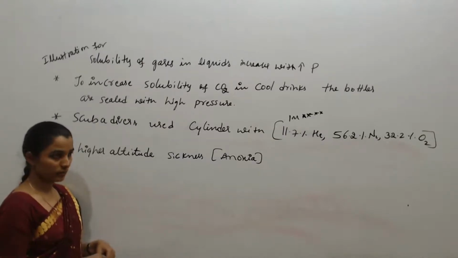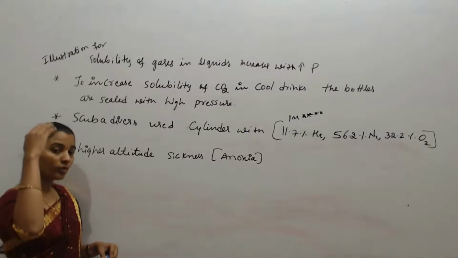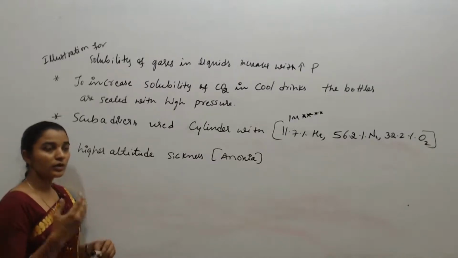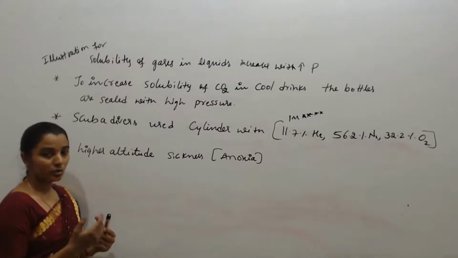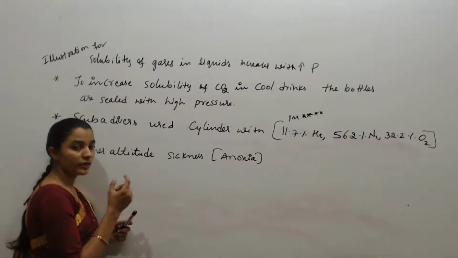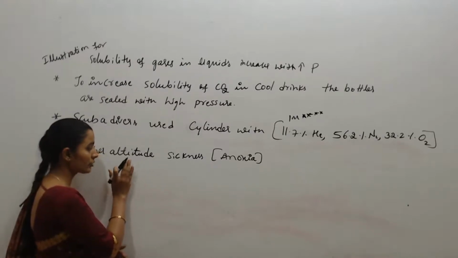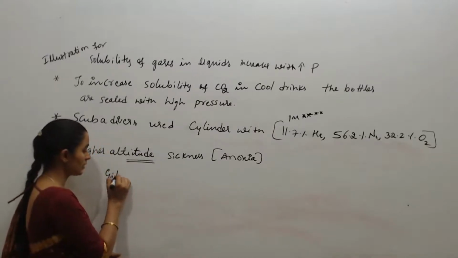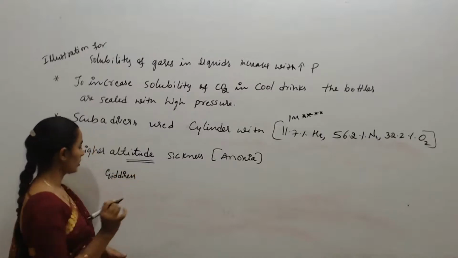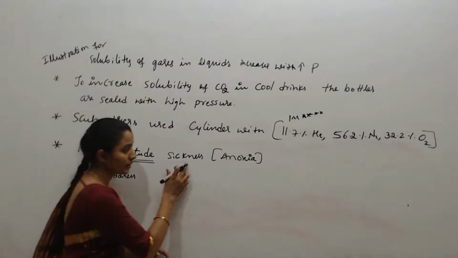In our environment, on the surface of the earth, the pressure is less. When we move above the stratosphere, in the atmosphere, the pressure is less. When the pressure is less, I told you the solubility of gases is less. So less pressure means the solubility of gases at the hemoglobin level decreases. When the oxygen dissolved in hemoglobin decreases, that results in giddiness. Giddiness means dizziness. So that results in giddiness at higher altitude, that is called higher altitude sickness, that is